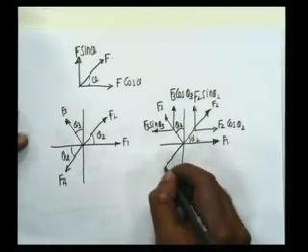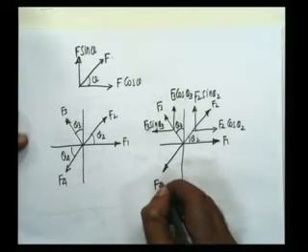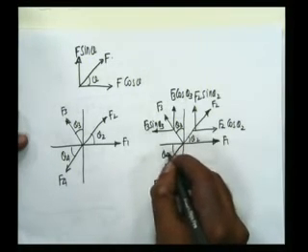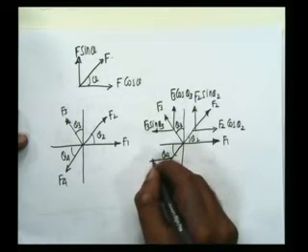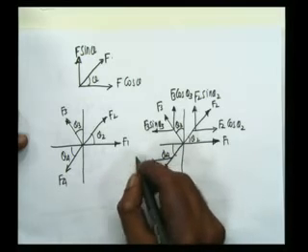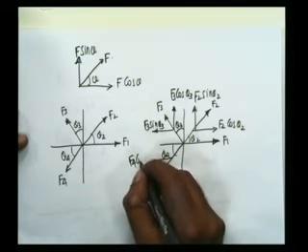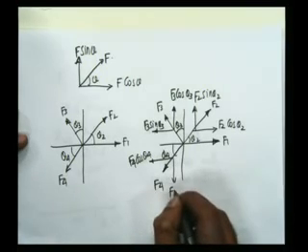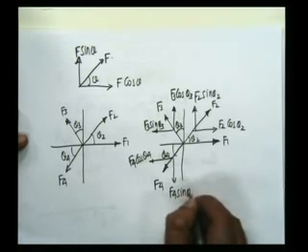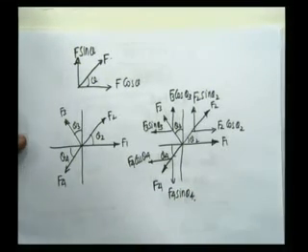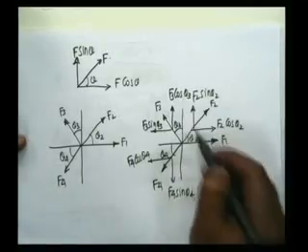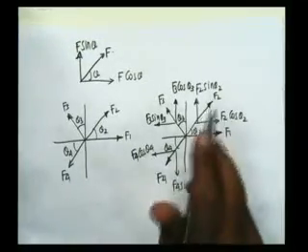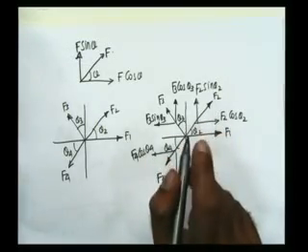Similarly, this is the fourth force, F4, and it is making an angle of theta 4 with horizontal. Therefore its x component will be F4 cos theta 4 and the vertical component will be F4 sin theta 4. So the first step will be to resolve the forces into their x components and y components. Now we will have to consider 2 points in this respect. The first point is, if the